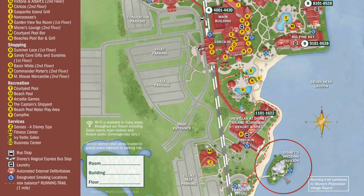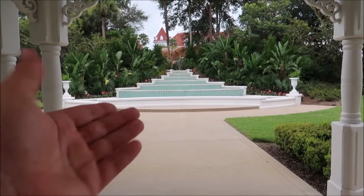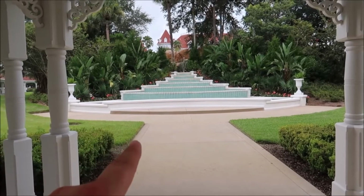Also close by in its own dedicated building is the Fitness Center, which oddly is shared with the Polynesian. And there is Senses, a Disney spa here too, where you can get all kinds of treatments done. Now we're heading north in the resort, back towards the main lobby building, but instead of taking the covered walkway,